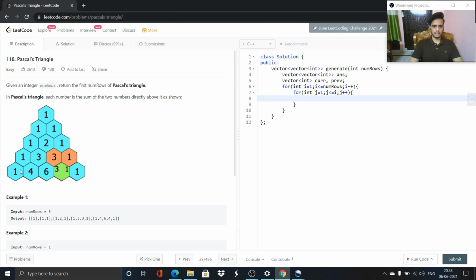Now we have a condition: if j is equal to 1, it means it is the first value of a row, then it will be 1. So if j is equal to 1, or if j is the last value of the row, so if j is equal to i, then we will just do current dot push back 1,